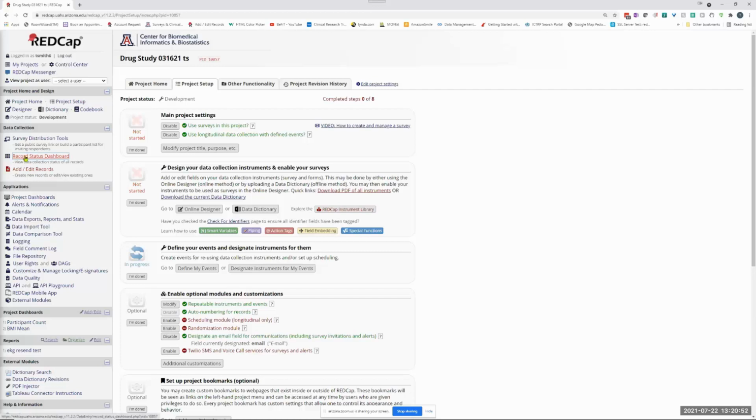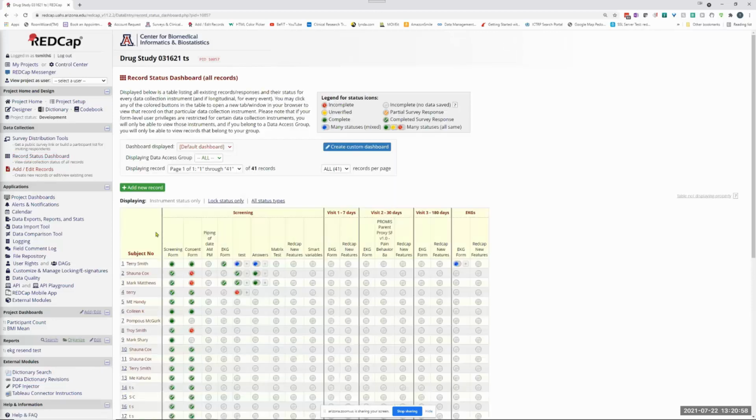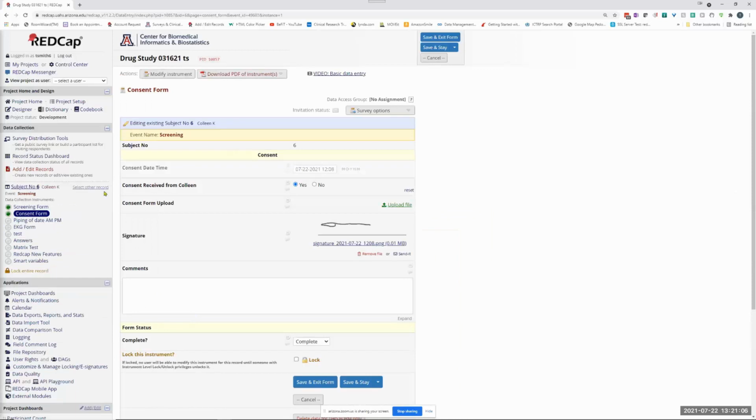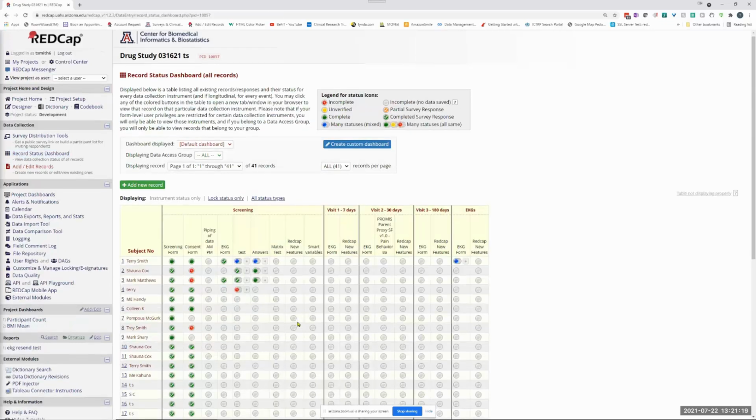So there's a bunch of junk records in here. Nothing is real. If I look at my record status dashboard, I've got this screening form and a consent form and whatever. And if I open Colleen's consent form, I see that I put a consent date and time field on here, right? And so if I come back to my record status dashboard, open one of these others,